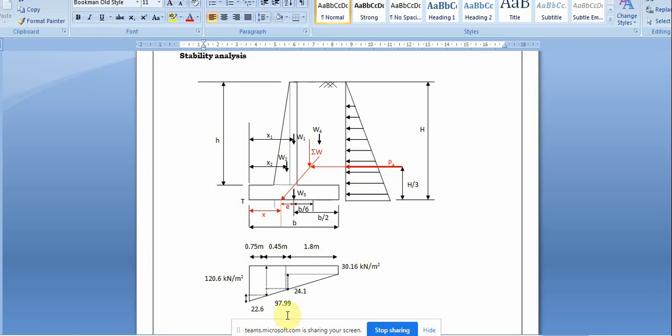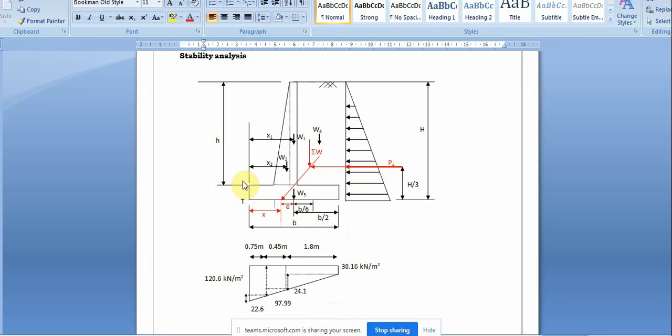And below, he has shown the uplift pressure provided at the joint, T and T. So given is this one. So we need to find the stability here. Stability means there are at least 3 steps to be found. First, the